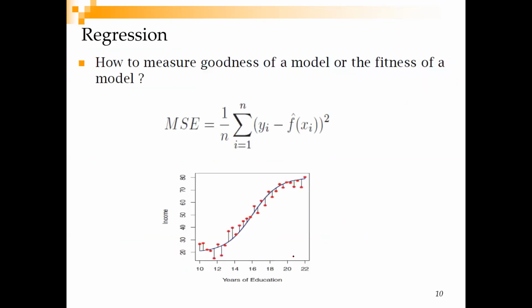Now, this was about classification. How do you do it for regression? For regression, you use something called mean square error. There are other measures also, but this is more widely used and easier to understand. So let's say you have formed a regression problem where you take a person's years of education and try to find out what his income should be, maybe in number of lakhs or thousands, monthly or yearly, something like that.